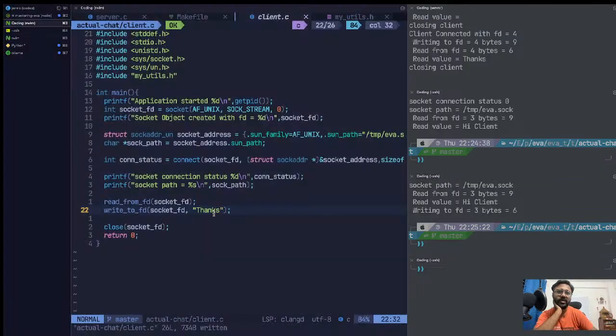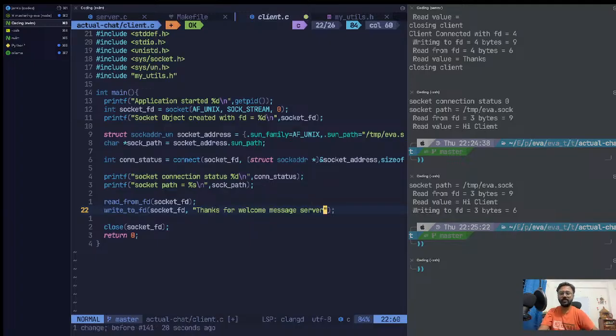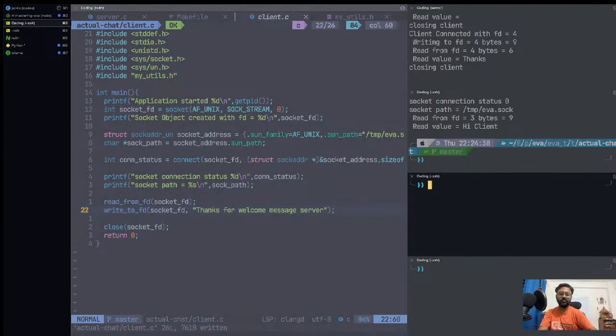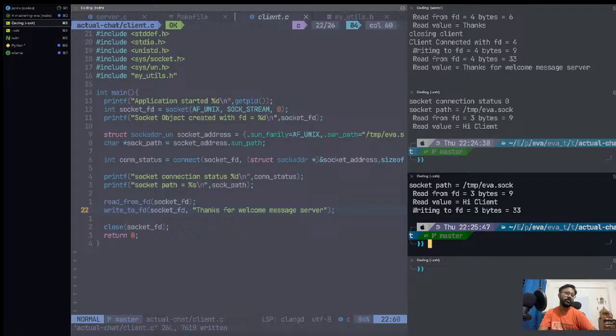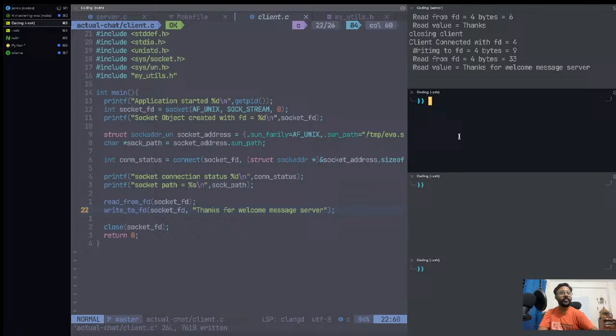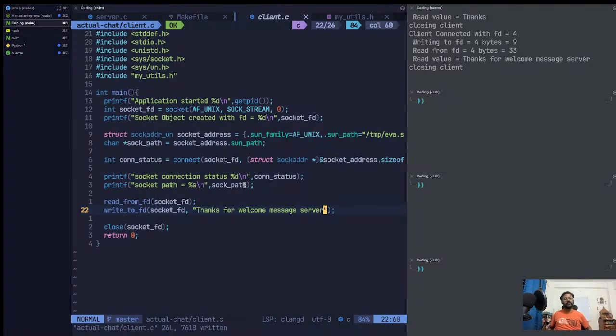साइज का इशू था क्या? और वेट, or did I not even compile the server? I didn't compile it. Okay, तो सर्वर रेड राइट ये दोनों चल रहा है अपना, बट एक इनहेरेंट प्रॉब्लम है अभी भी ये चैट एप्लीकेशन में कि